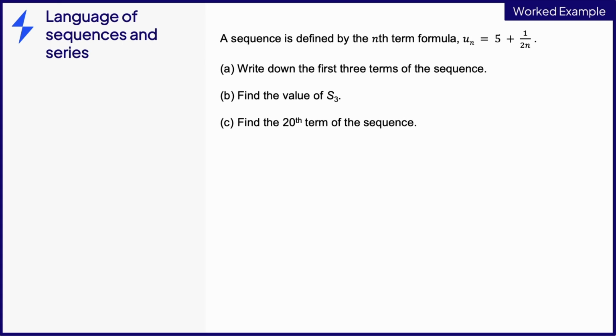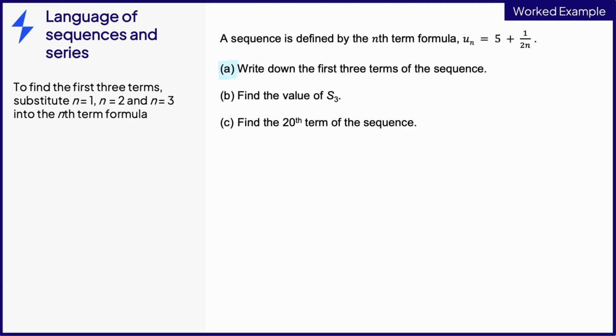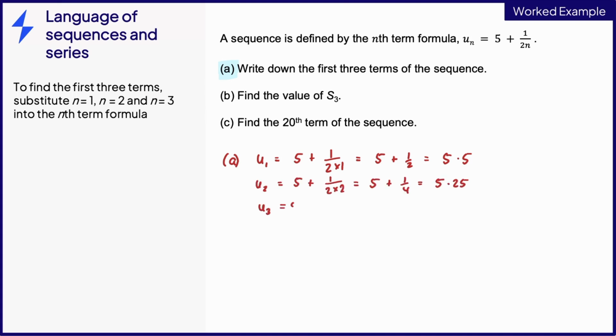So let's have a look at a worked example. Pause the video and read it through. Starting with A, to find the first 3 terms, we simply substitute n equals 1, n equals 2, and n equals 3 into the nth term formula. So that gives us that the first term is 5.5, the second term is 5.25, and the third term is 5 1/6, which we could leave as a mixed number,